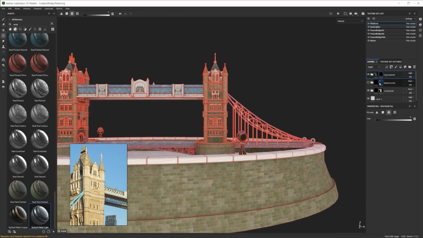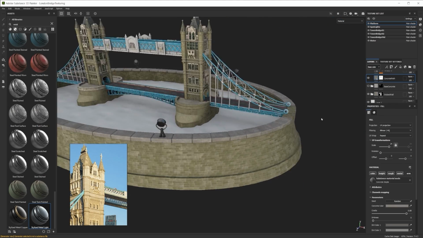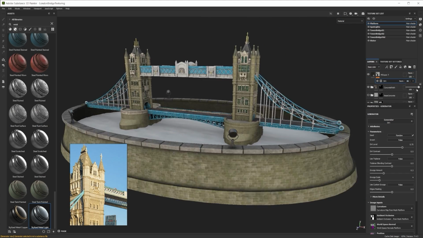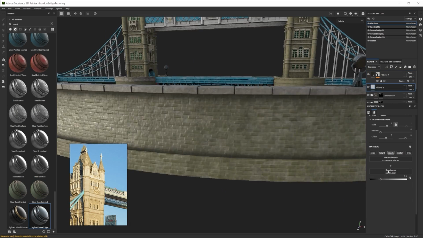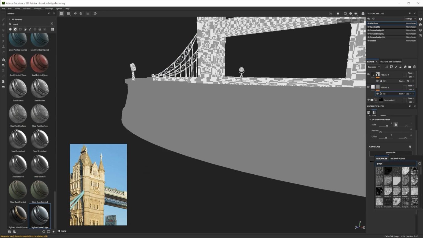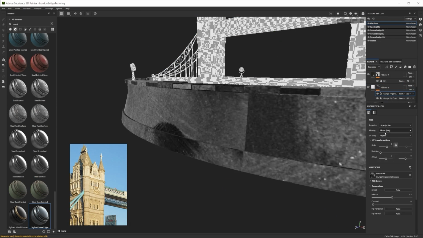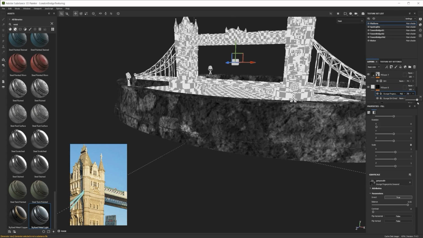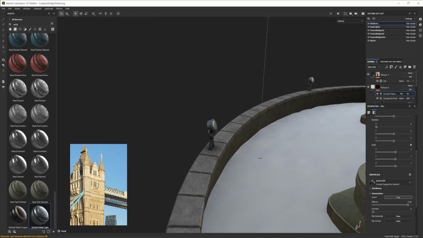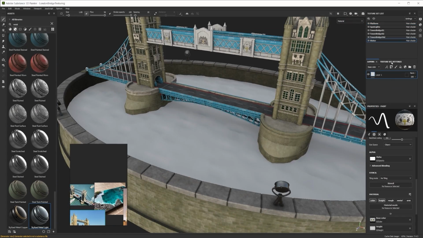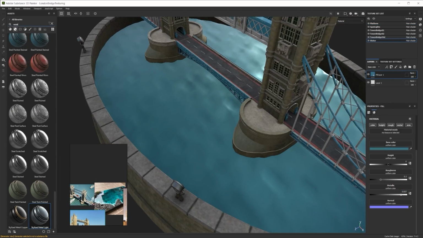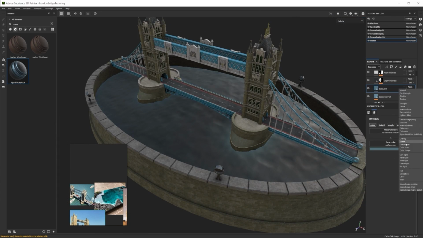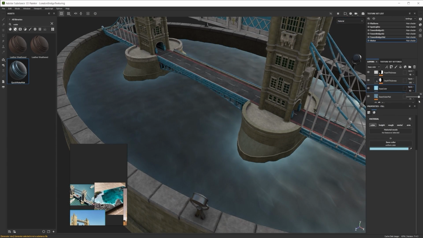I think it was just standing out too much, and I wasn't able to focus on the smaller details of texturing for the tower bridge itself. So I ended up just getting myself that same type of texture that I had previously. I just made use of that. And in order to get more detail out of this entire section, because we're using an entire material for that, I just wanted to break up the brick pattern a little bit more. So I just ended up using a grunge mask to make it look a little bit more gritty. And then once I was happy with that, I continued on working with the water